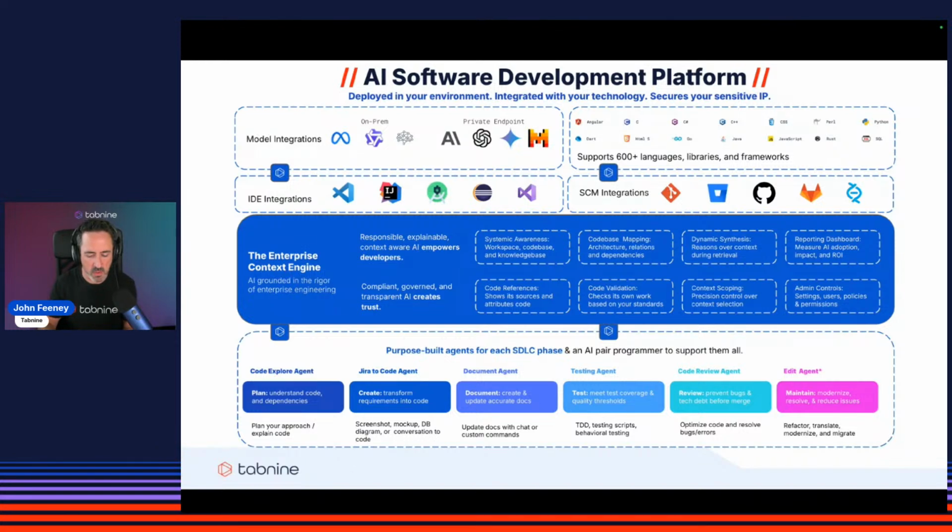So VS Code, the entire JetBrains family, Eclipse, Visual Studio, you name it. We support them all. We're also agnostic in terms of source code management systems as well. And so we provide support for the main Git-based SCMs and even Perforce when it comes to things like RAG and connecting to your repos where you have a lot of your institutional code and knowledge, as part of that whole RAG mechanism. So we provide support for all the major SCMs.